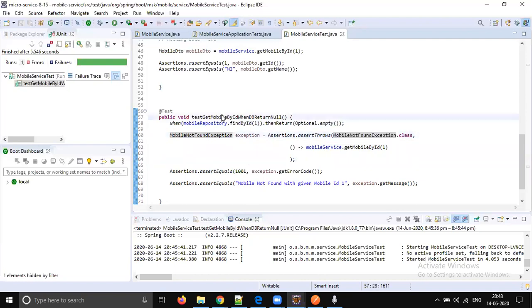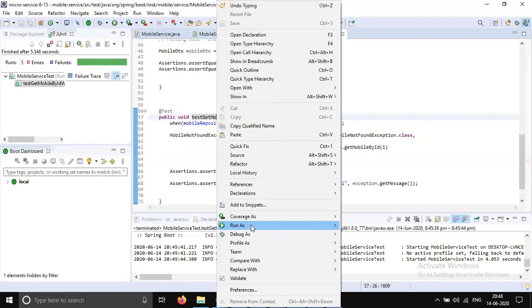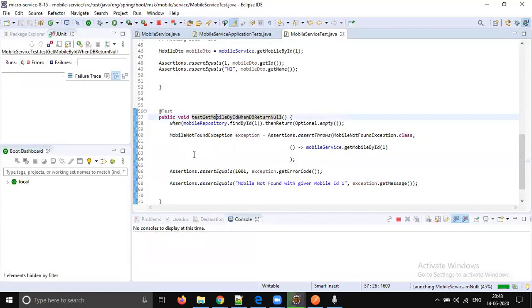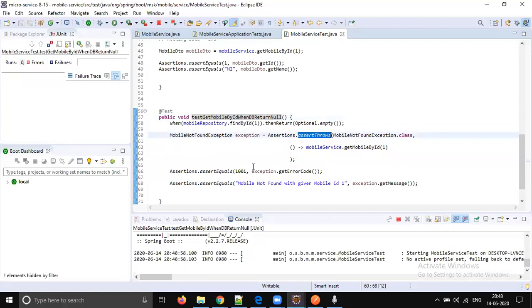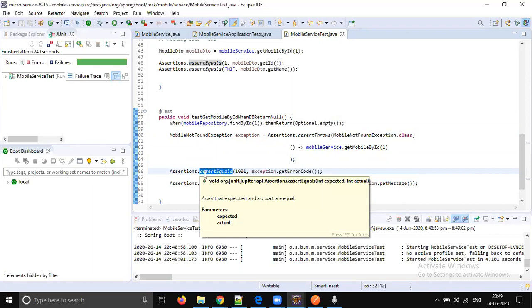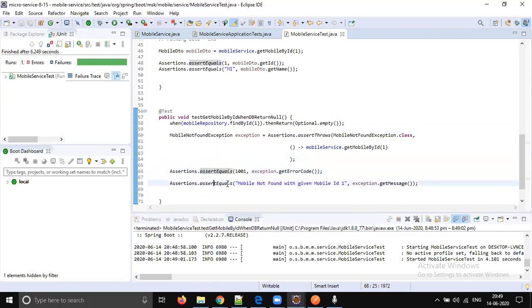Most people will write one assertion in each test case. Let's group them, there is no problem. You can test it now. It will test all three assertions: one expecting the thrown exception, also expecting the code, and also expecting the message.